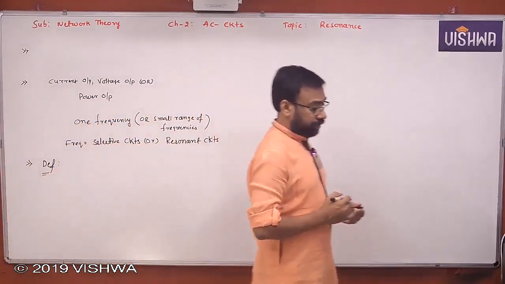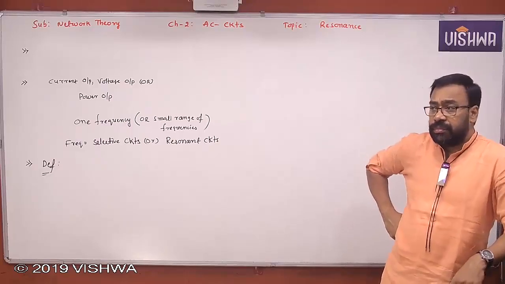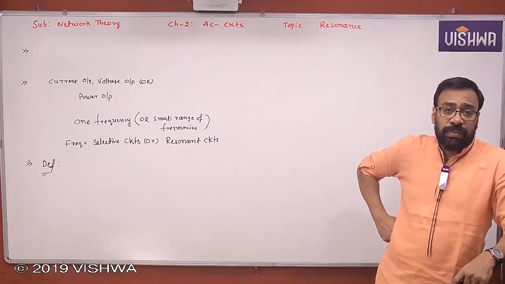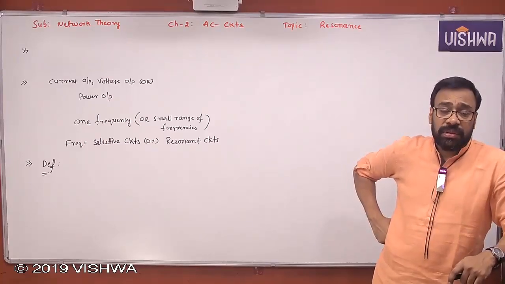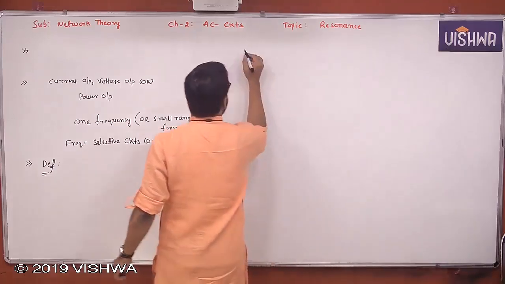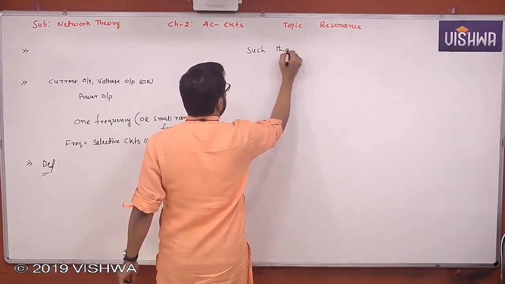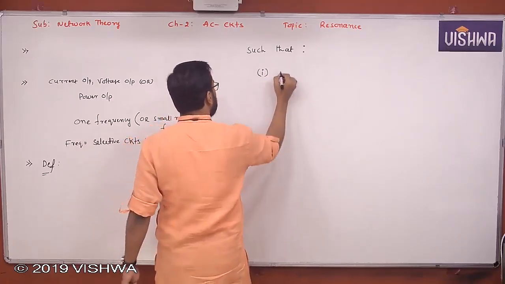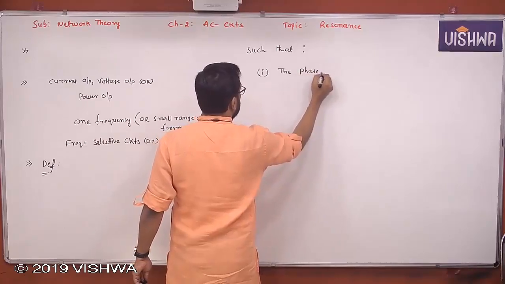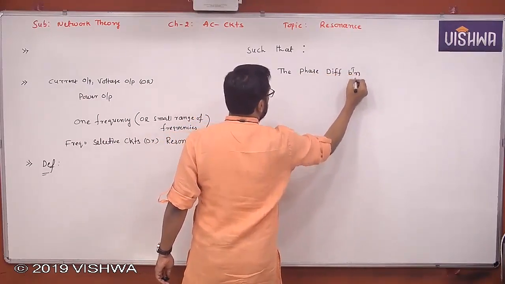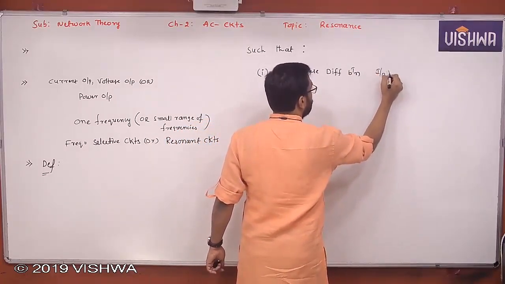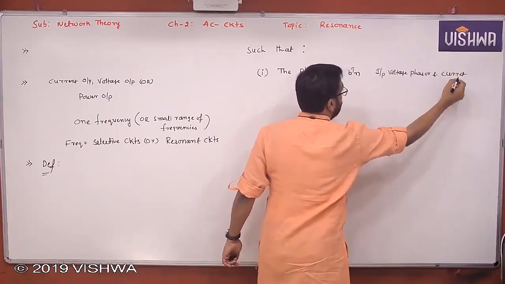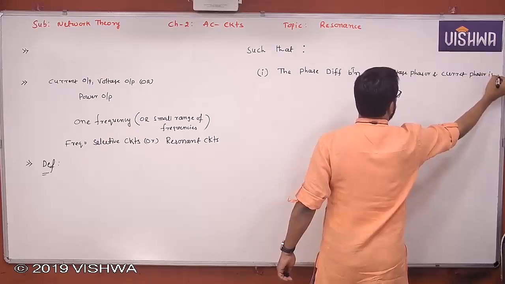In any RLC circuit, if any one of the parameters is varied such that, number one, the phase difference between input voltage phasor and current phasor is 0,